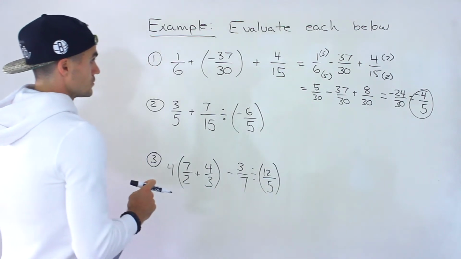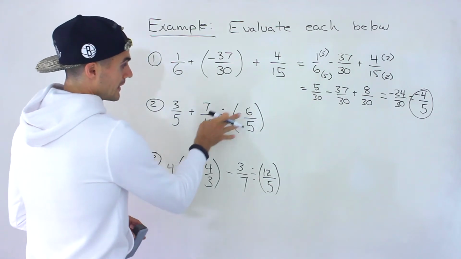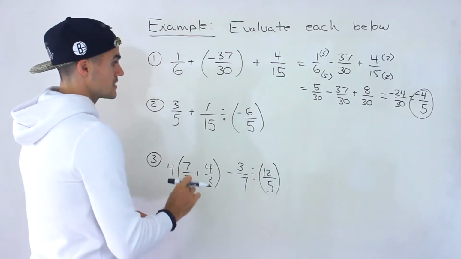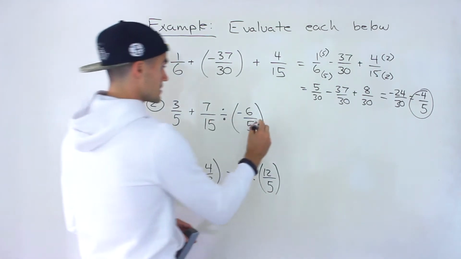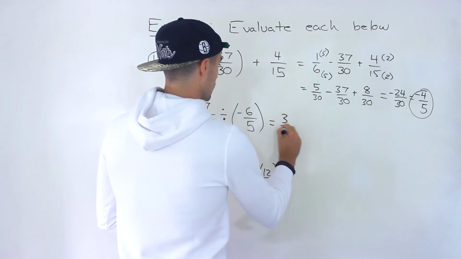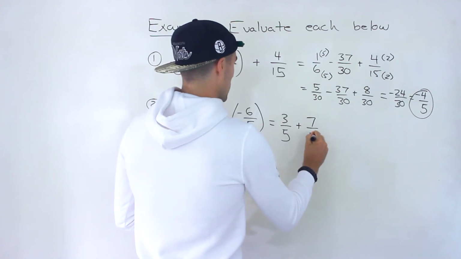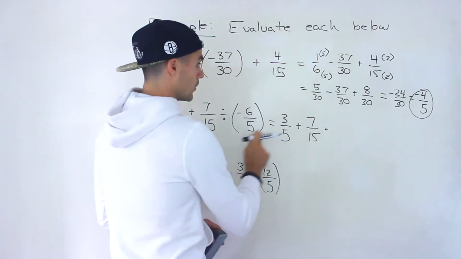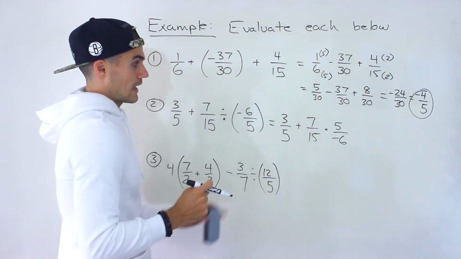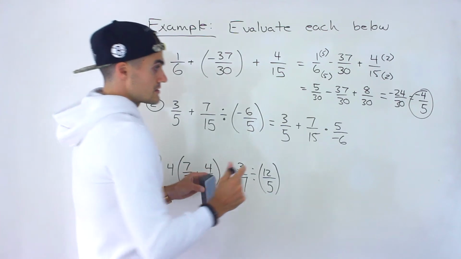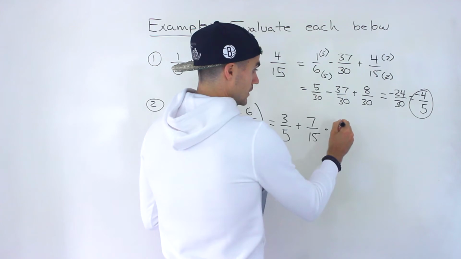Now moving on to number 2, we have 3 over 5 plus 7 over 15 divided by negative 6 over 5. Notice here we're going to have to do the division first before the addition, using BEDMAS. So what we would do is 3 over 5. Now because we're dividing by a fraction, we can take that second fraction and flip it. So this would be 5 over negative 6. And then multiply it now. And so we can multiply at this point, so it would be 35 over 90, but notice if you want,